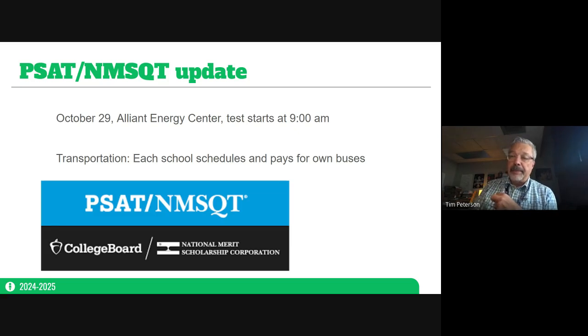One of the changes, not knowing how each of the schools did it last year, is that we will be collecting cell phones and smartwatches just like we do at AP, because we don't want those particular devices in the room. They're going to be testing with a large number of students. We want to make sure that there's no cell phone alarm going off or something ringing, etc., or anyone ever accused of cheating because they had a cell phone out, etc. So we will be collecting that stuff.